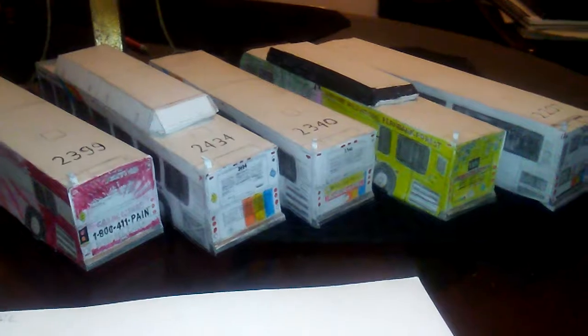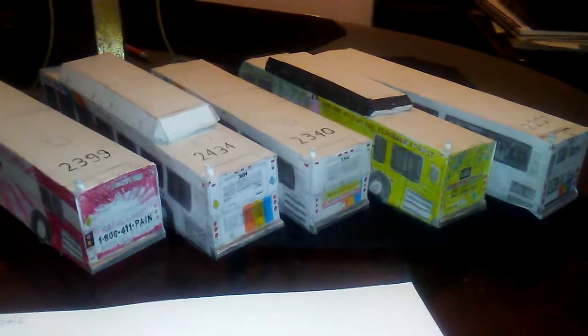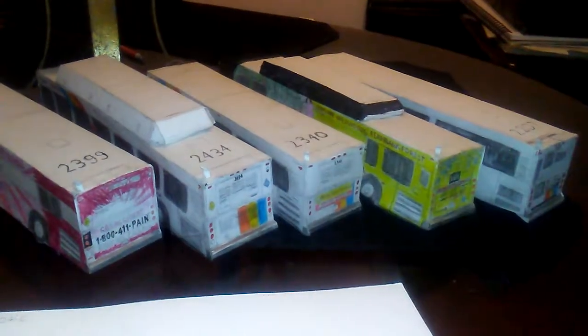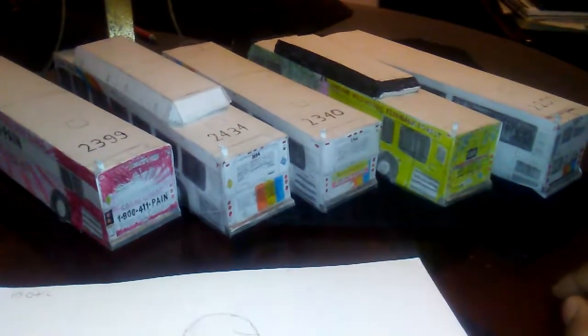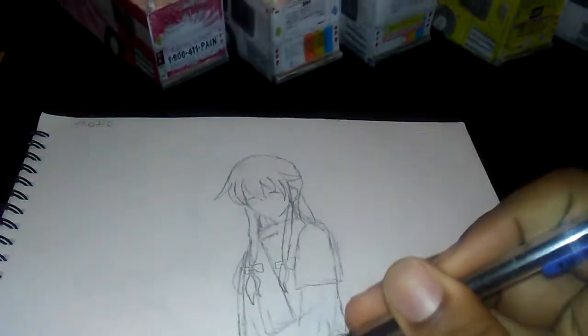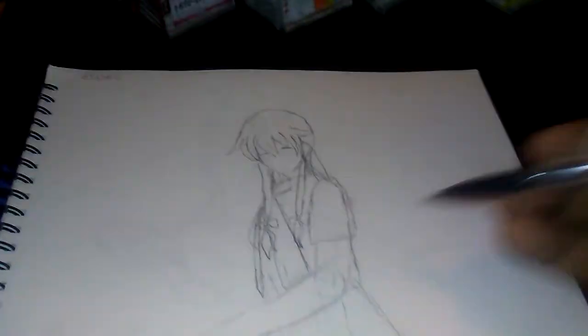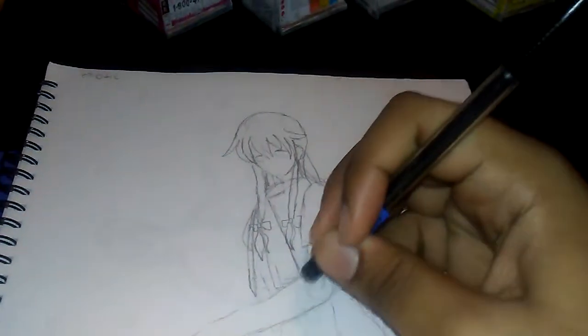So as you can see, these are the Marta buses I want to show you on my video. These are the buses that I really like the most. You can see numbers 2399, 2434, 2340, 2506, and one in yellow, and 2207 at the end. Now, while I'm drawing Gasai from Future Diary, I want to talk about my stories